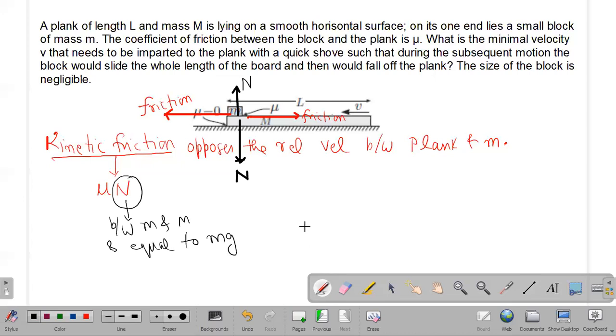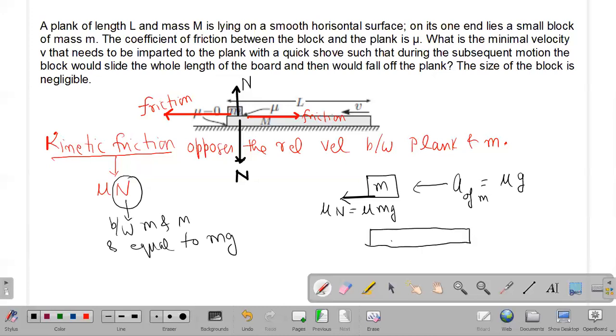And the same friction force will appear, in accordance with Newton's third law. Every force has an equal and opposite reaction, which means this mass small m is under a force which is mu into normal reaction force, which is mu mg, and therefore its acceleration will be force divided by mass, and that is mu g. Whereas this plank capital M is under a force which is again mu into small mg, but this time the acceleration of the plank will be this force mu mg divided by its mass, which is capital M.